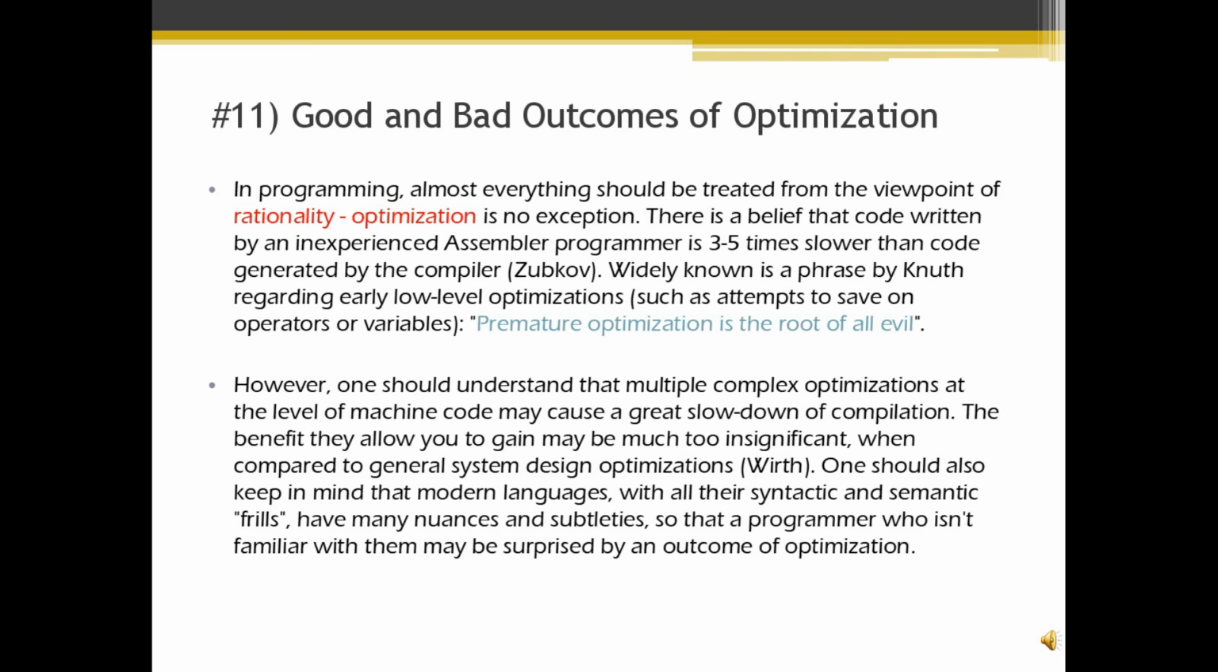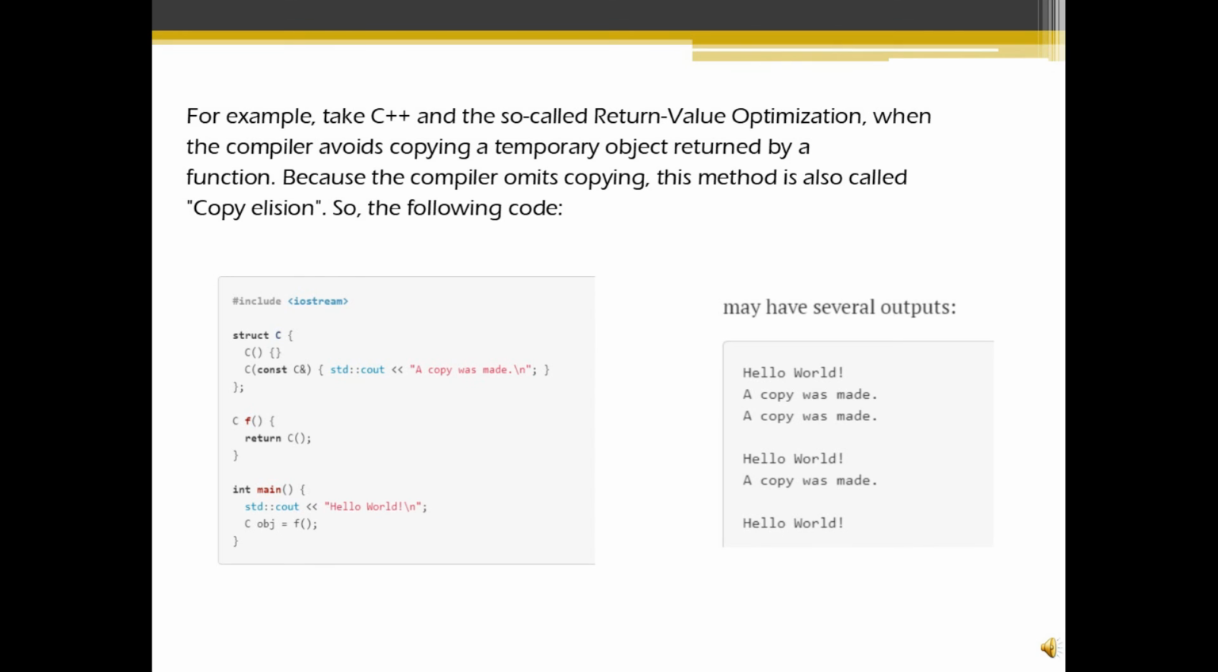One should also keep in mind that modern languages, with all their syntactic and semantic frills, have many nuances and subtleties, so that a programmer who isn't familiar with them may be surprised by an outcome of optimization. For example, take C++ and the so-called return value optimization, when the compiler avoids copying a temporary object returned by a function. Because the compiler omits copying, this method is also called copy elision. So, the following code